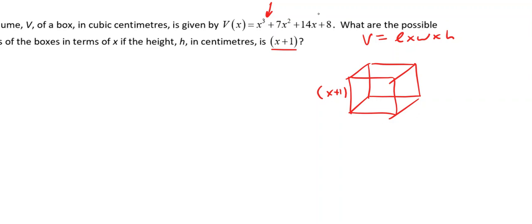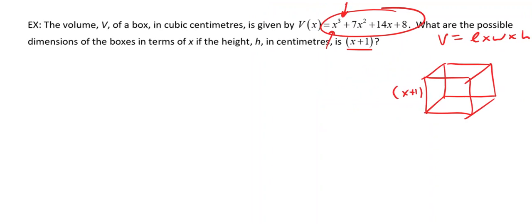So I want to rewrite this thing as something times something times something. Really what it's asking for is just to factor this whole thing. And we haven't really up until this point known how to factor things with a degree of 3, right? We factor things all the time when it's a degree 2. It just gets harder the higher up we go here. But that's the idea. So let's